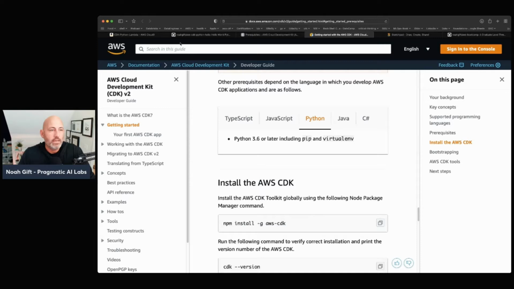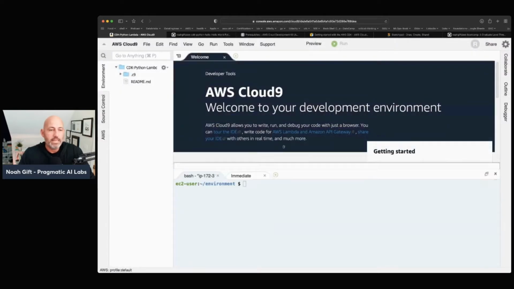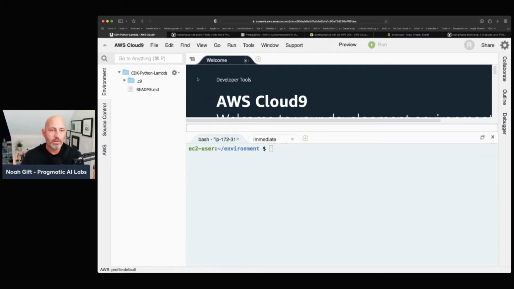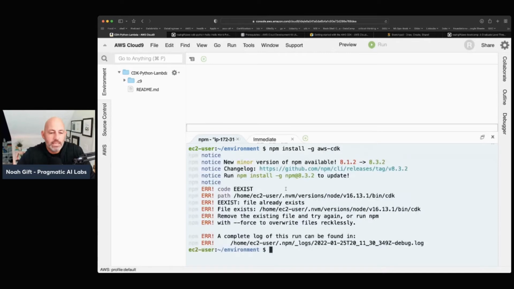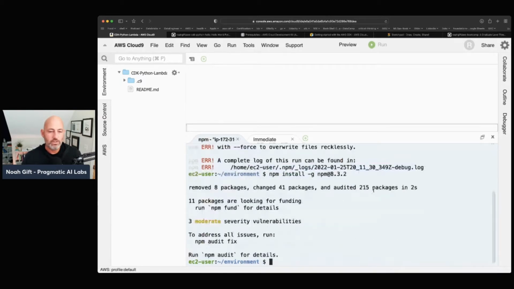I'm going to go back into my environment, and all I have to do is paste that in. I'll make this a little bit bigger so we have a bigger window, and then I'll go ahead and paste this in: npm install -g aws-cdk. Now it's going to tell us a couple things here, and it's important when we're doing the CDK process to really pay attention to the standard out, because the standard out will give us lots of things that we can actually pay attention to. So let's go ahead and do this. We'll do npm install -g, the latest version of npm, and I'll actually need to do the force option here if it doesn't go through, but it looks like it did.